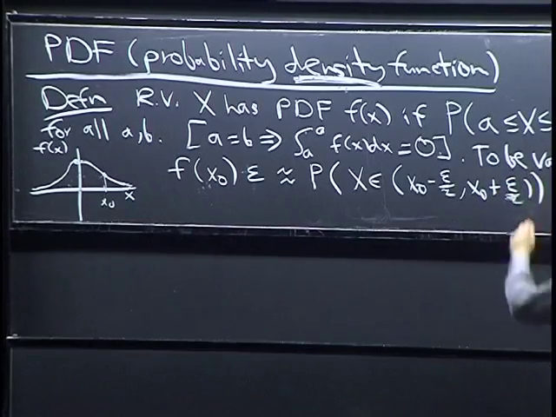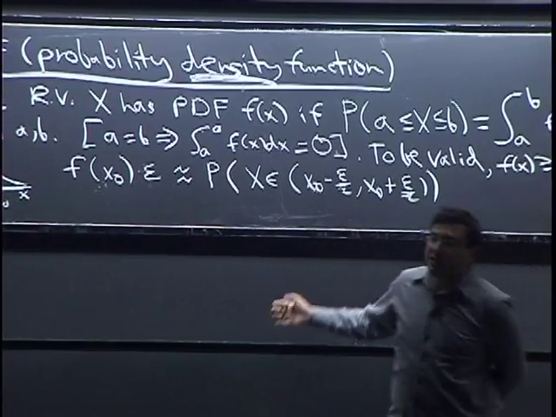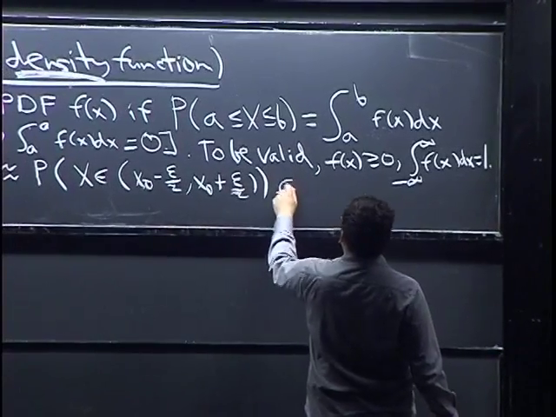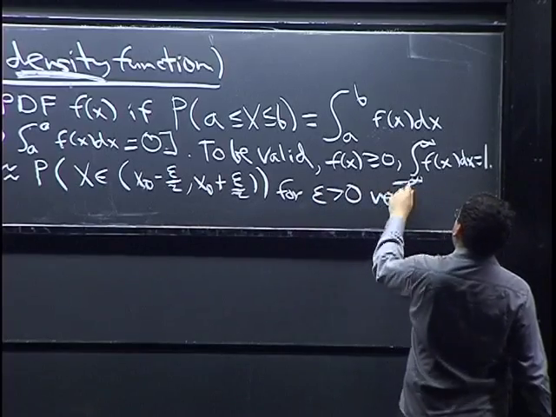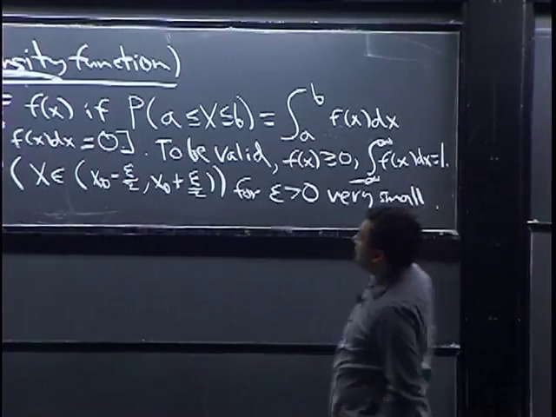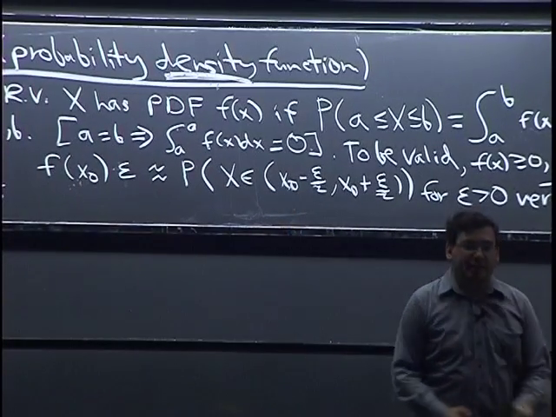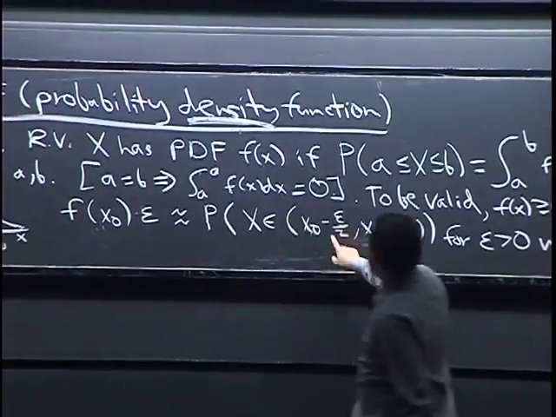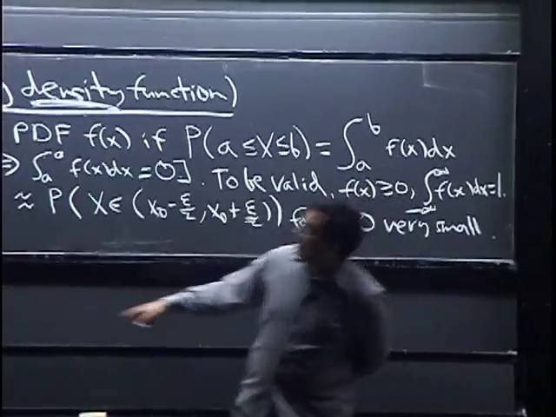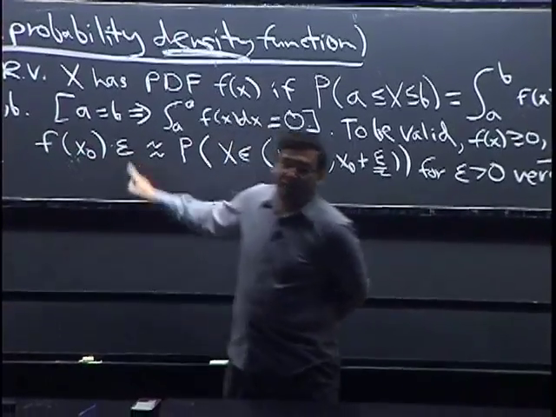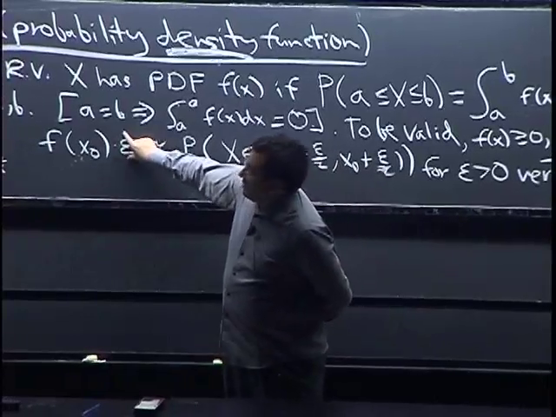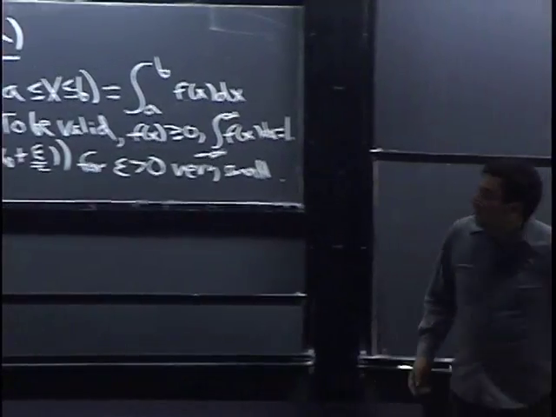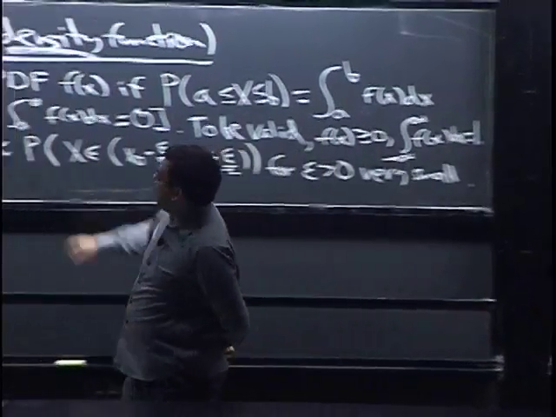So all I did was take x0. The probability of the random variable exactly equaling x0 is 0. But if we take some tiny interval, for epsilon very small, around x0, an interval of length epsilon, then the probability is approximately the density times the length of that interval. By multiplying by this epsilon here, we're converting it back into a probability scale instead of a density scale. This is a good intuitive way to think of a density,